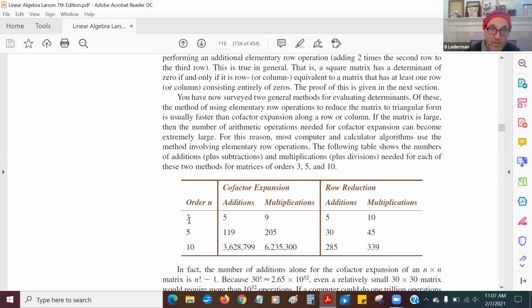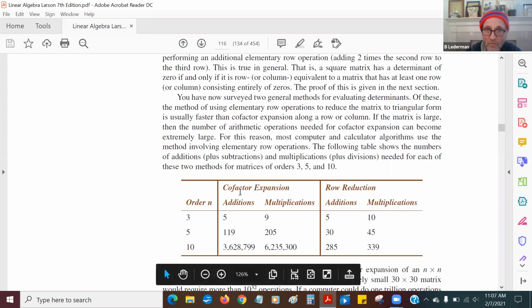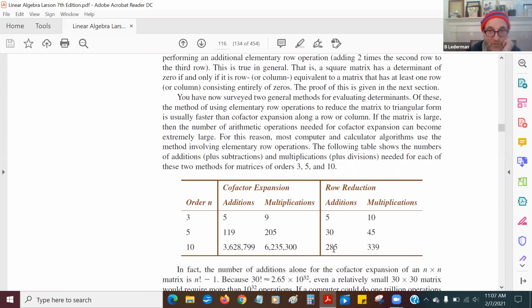Sorry, chumps. But once I get a little bit bigger, let's say a 5 by 5 matrix. If I do it the cofactor way, I get 119 additions and 205 multiplications. If I do it the row reduction way, which is what we're learning now in 3.2, it's only 30 additions and 45 multiplications. Now, even for a computer, this starts to make a difference. Let's say I have a 10 by 10 matrix. If I do it the cofactor way, the old-fashioned way, it's over 3 million, 3.5 million additions and 6 million multiplications. Whereas if I do row reduction to get it into triangular form, it's going to take me 285 additions